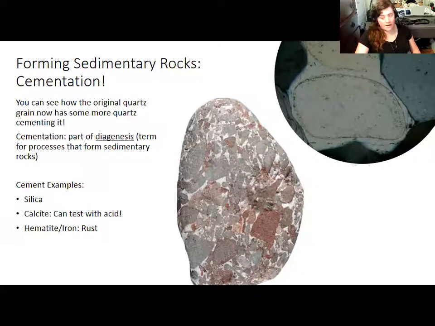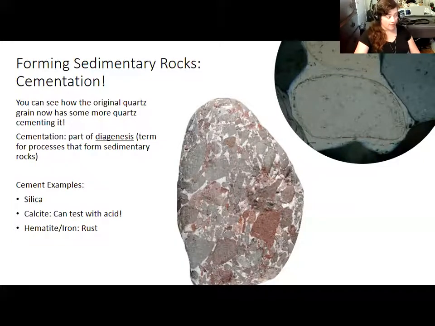But anyhow, the water flowing around the sediments has dissolved ions in it, and that actually plays a role in helping the sediments be converted to sedimentary rocks, because minerals will precipitate in between the pieces and help glue them together. The pieces of rock will just be sitting around, and the water flowing around it will deposit minerals like hematite, rust, the iron that you're seeing showing up here, or calcite, calcium carbonate, aka the mineral that dissolves in acid,